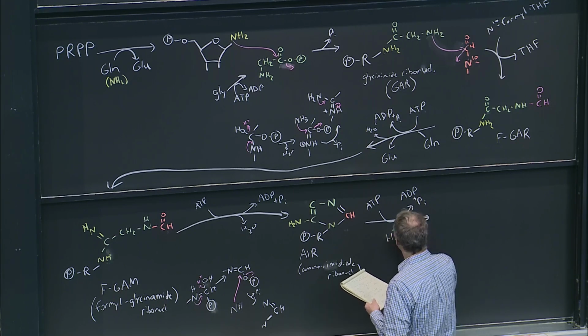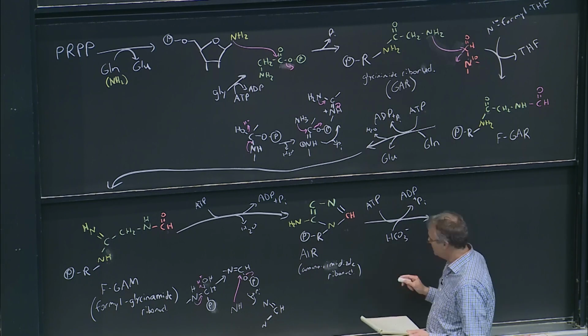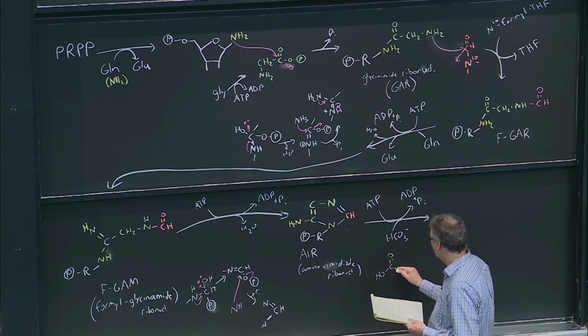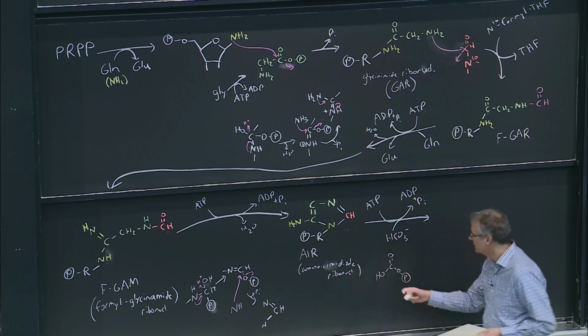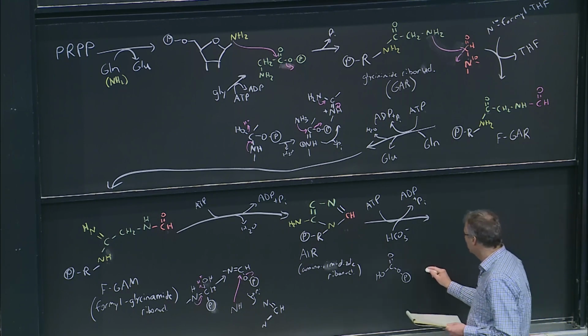So remember, the way we did this before is we would have phosphorylation of our bicarbonate. So use ATP to phosphorylate bicarbonate,